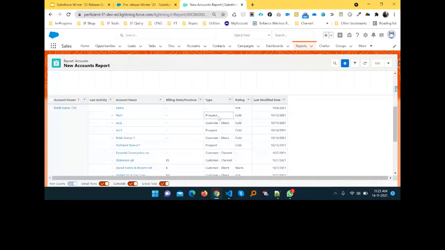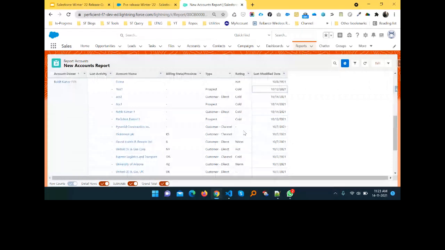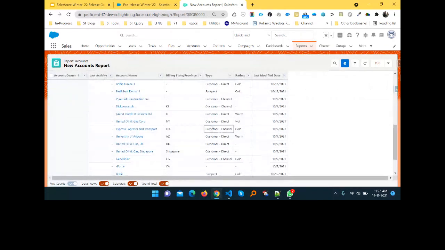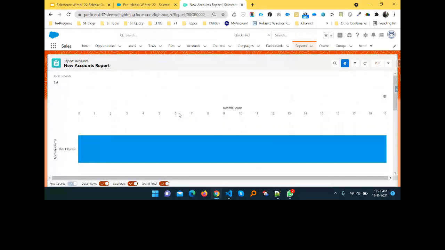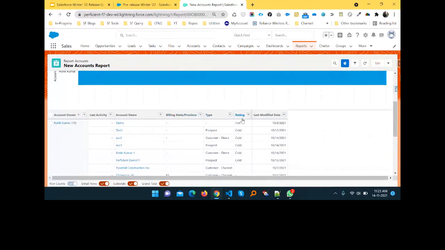So you can double click here, and in an upcoming release you can see this feature. This is for your understanding, so I wanted to share this one. Here you can see, in an upcoming release you can change these, like type and rating.